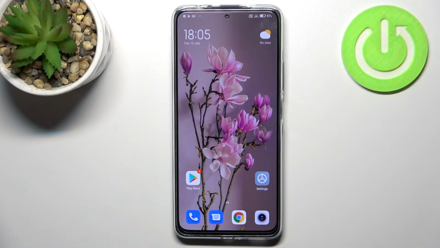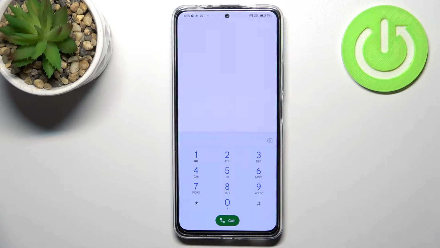Hi everyone, in front of me I've got Redmi Note 11 Pro Plus, and let me share with you how to use the secret codes on this device. So first of all, let's open the dialer as it is the place in which we can enter all of those codes, and let me begin with the shortest one and probably the most known, which is